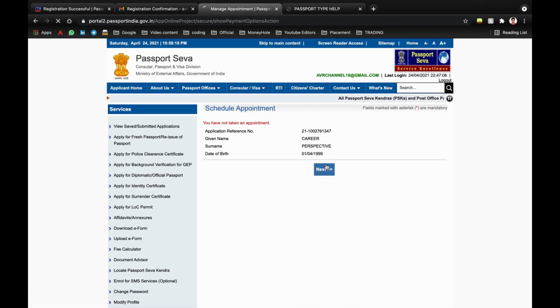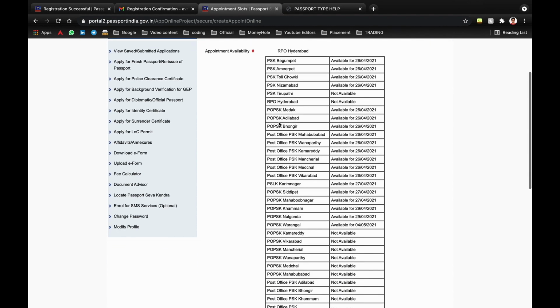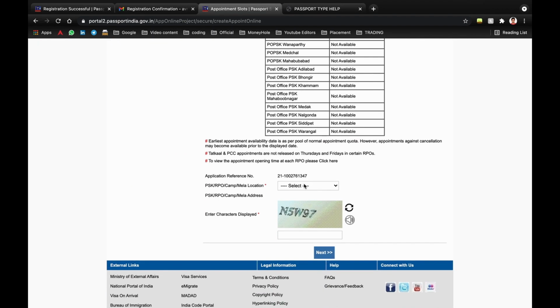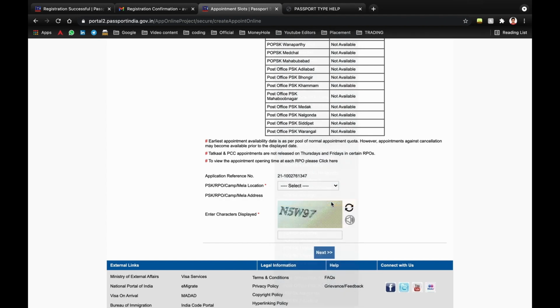It will give you the details and you can hit next. These are the RPOs or regional passport offices available in your specific area. So you can select any of them from the list and then enter the CAPTCHA given.